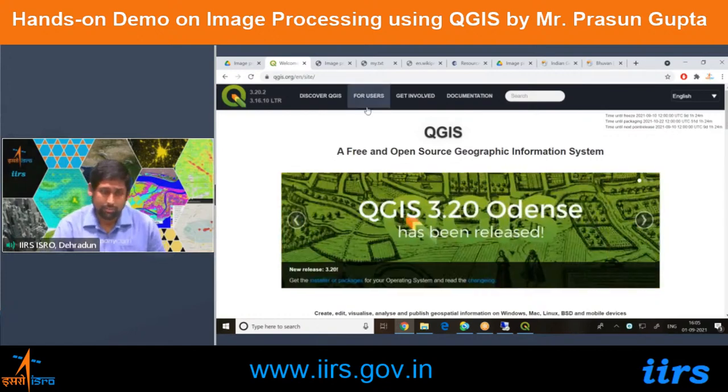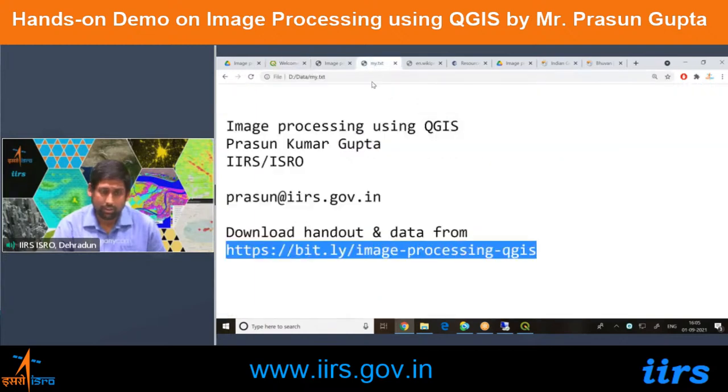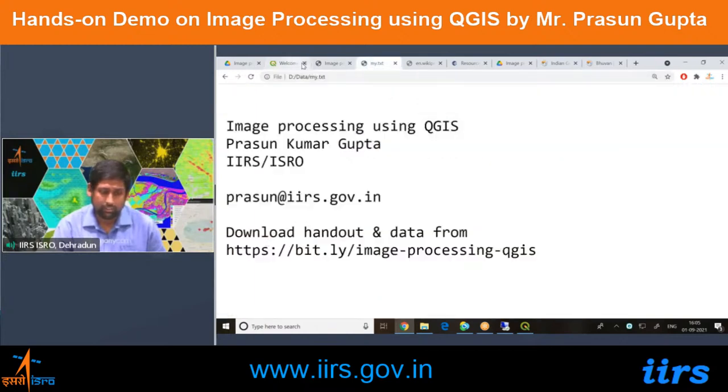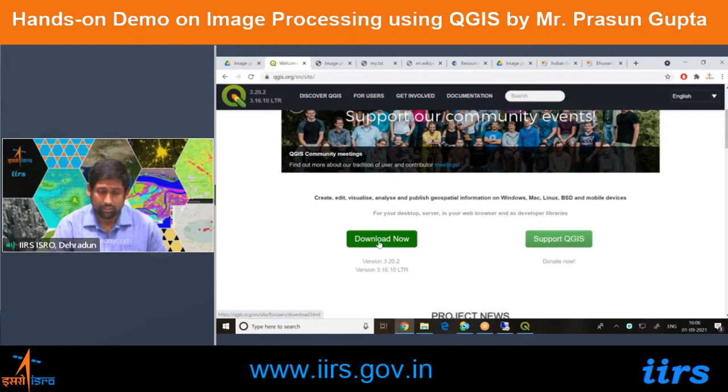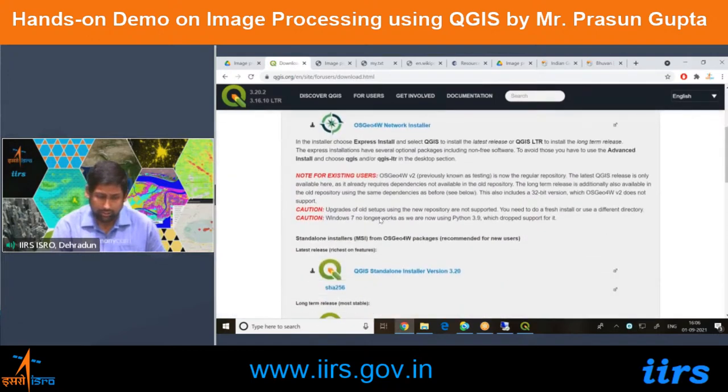You can all go to this website, qgis.org, and click on download now and download the most recent version, which is this one, the standalone installer with the latest release. You can download it in your systems and